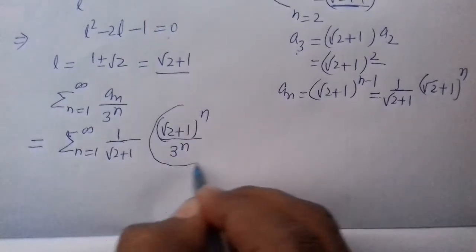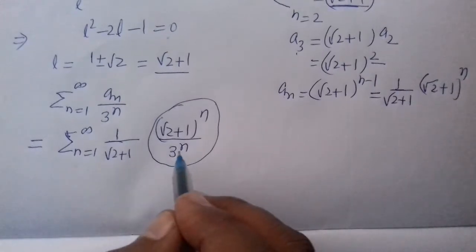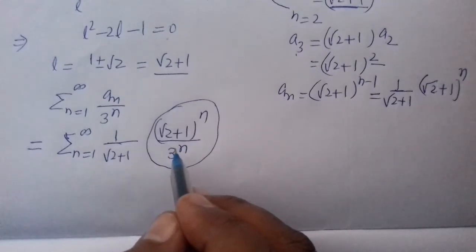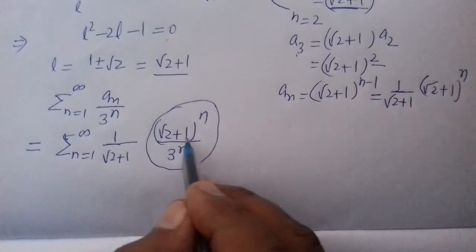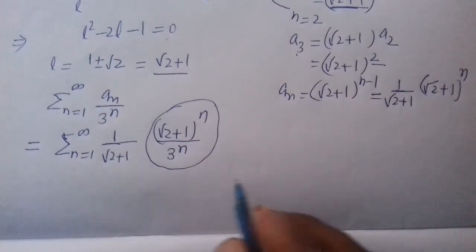This thing you see, this is a geometric series with common ratio lying between 0 and 1, because root 2 plus 1 is less than 3. So we can use